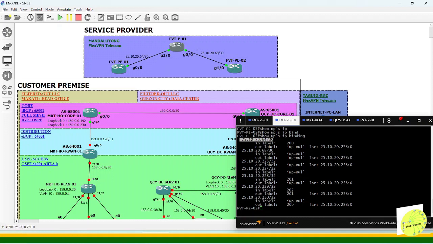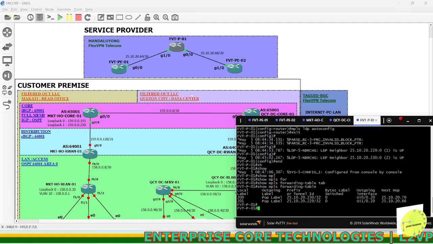Out label 68, so there's no label yet. This 225, I think this is the loopback address of P1. 227, 228. 228 is the loopback of